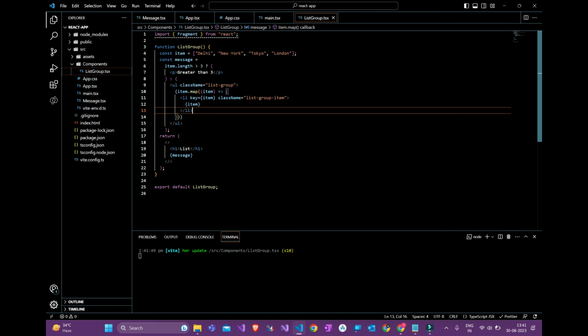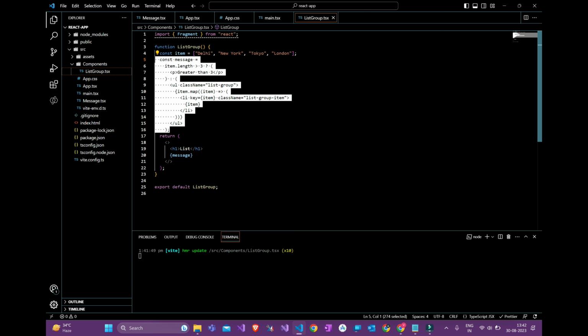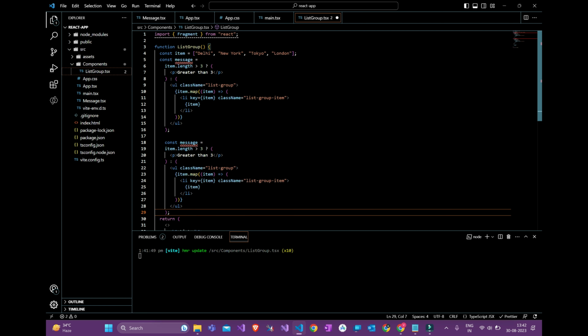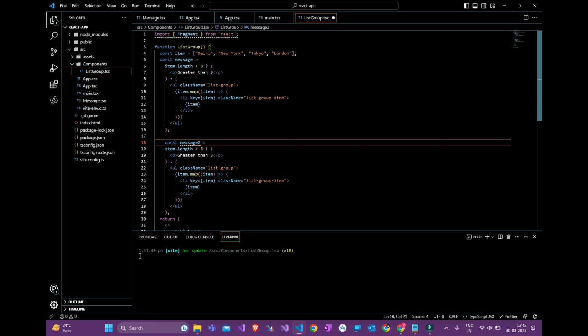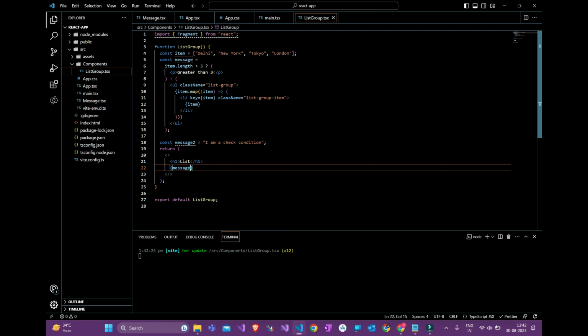Now we can also do a lot more with this. You can have multiple message conditions, like if you have this message, right, and you want to do a message 2 and make this directly check condition, and then save this and return right here instead, again using the operator, if message not equal to null, we'll write